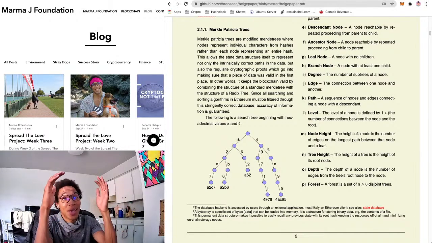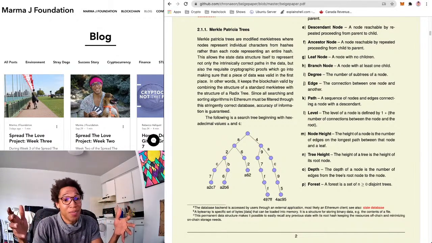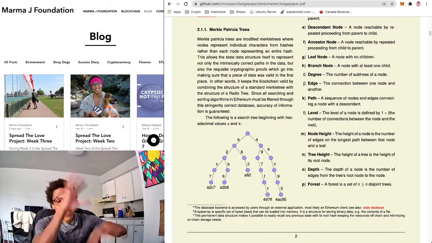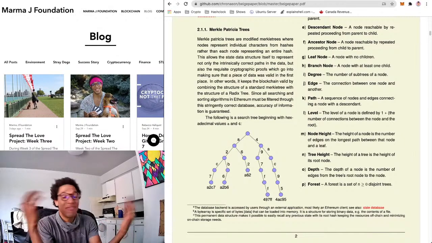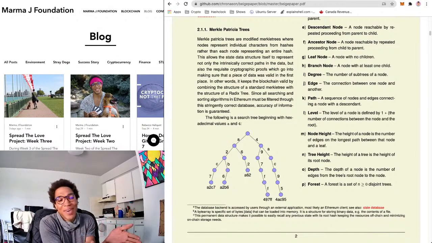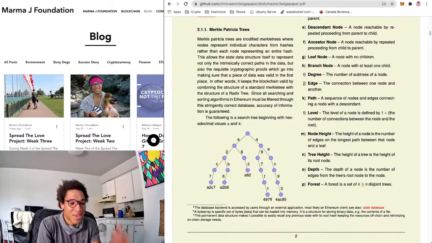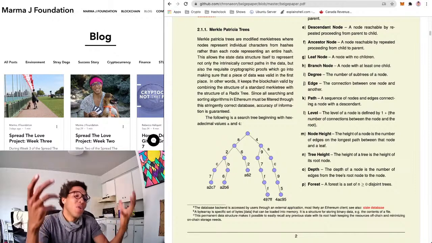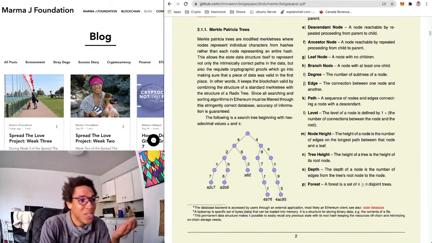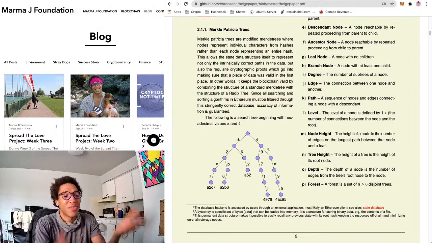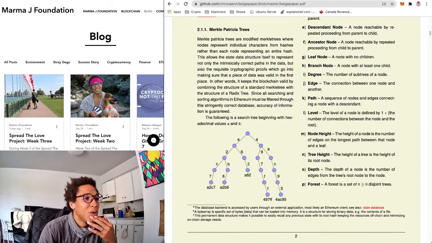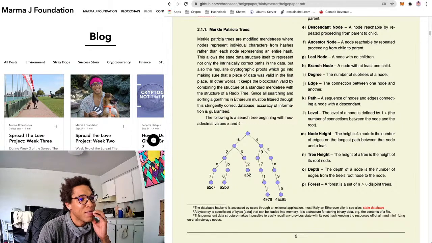Basically, you're using a very strict data structure, and then having cryptographic hashes and ways of finding things to make sure that every time you need anything to happen, it needs to be valid in this tree. If it's not valid in the tree, it can't happen. And so if something happened, it's valid in this data structure. The whole idea is you can easily search through the data structure. I guess the beautiful part of this is that it's easy to validify. So the following is a searching tree beginning with hexadecimal values A and 4.